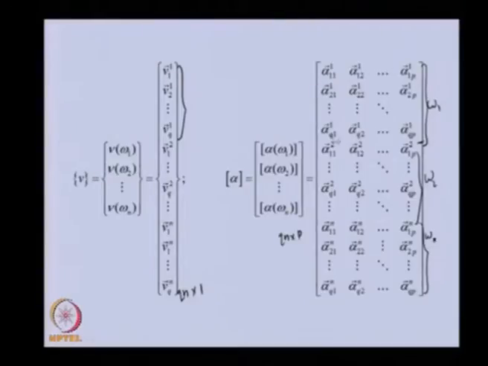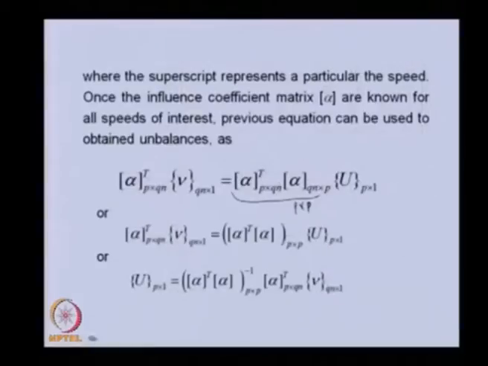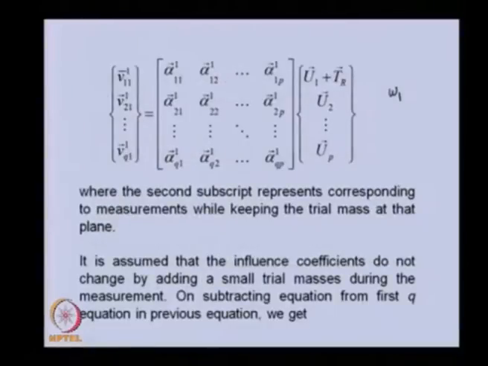So we take the first set of Q equations of the previous one, in which we have only the residual unbalances, and this expression. Basically, we are subtracting the previous equation from this, and if we subtract it, we will see that